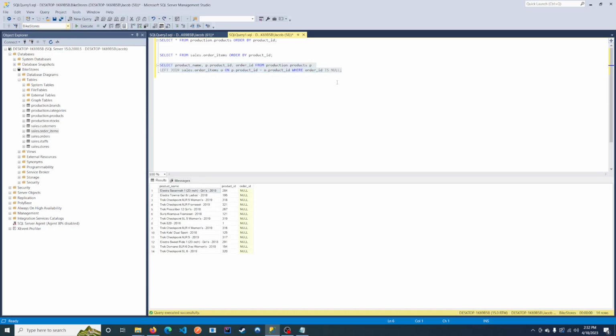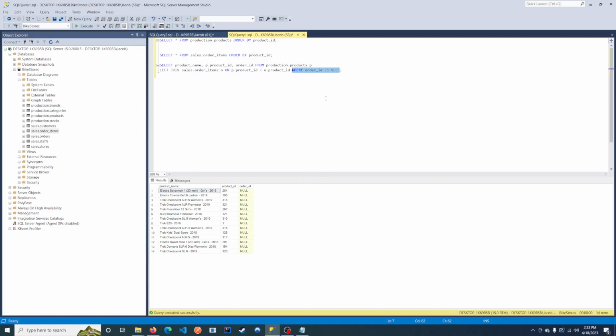Okay, so when I was explaining inner join, you could see that I was stringing them together like I had two inner joins in one query. And you can string joins together however you want. So I have a left join here. I could add another one. In this query, I could add a left join or an inner join or a right join. I know we haven't gone over that yet, but